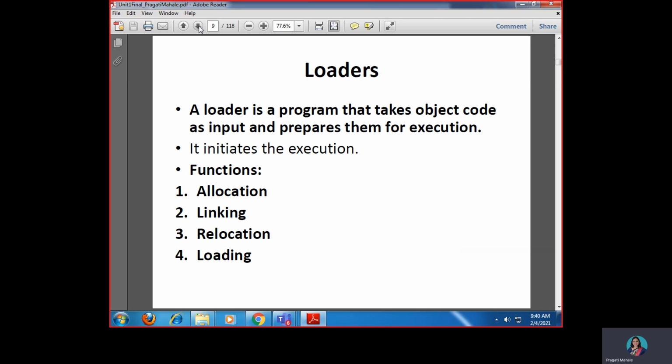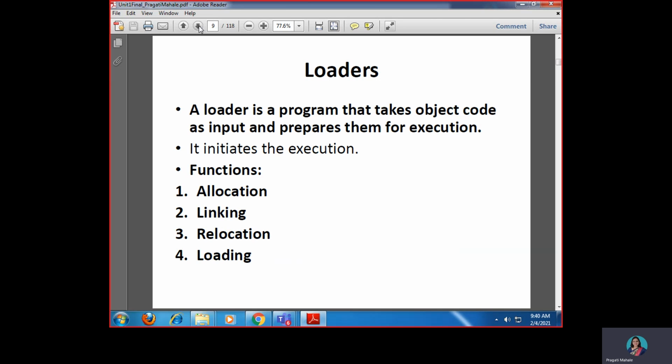Next, the object code is taken by the loader and it converts it into such a form that is machine level, and it loads the program into memory to keep it ready for execution by your CPU, right?